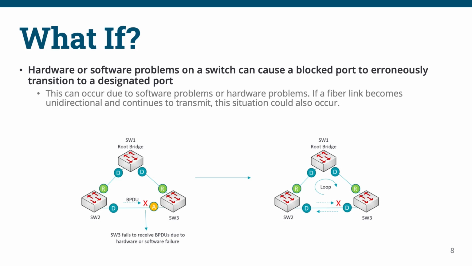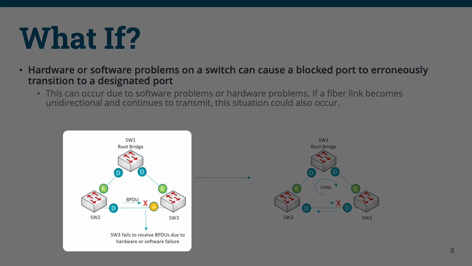This type of failure is more common with duplex fiber optic links, in which separate physical fiber optics are used for transmit and receive, or ingress and egress. If one of the two fibers becomes damaged or cut, it's possible the link will remain up and become unidirectional in nature. In the topology shown here, the link between switch 2 and switch 3 has become damaged, such that switch 3 is no longer able to receive traffic from switch 2, but switch 2 is still receiving data from